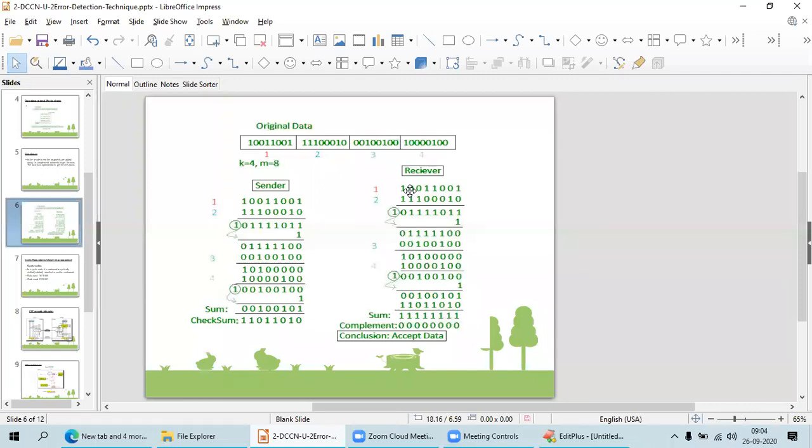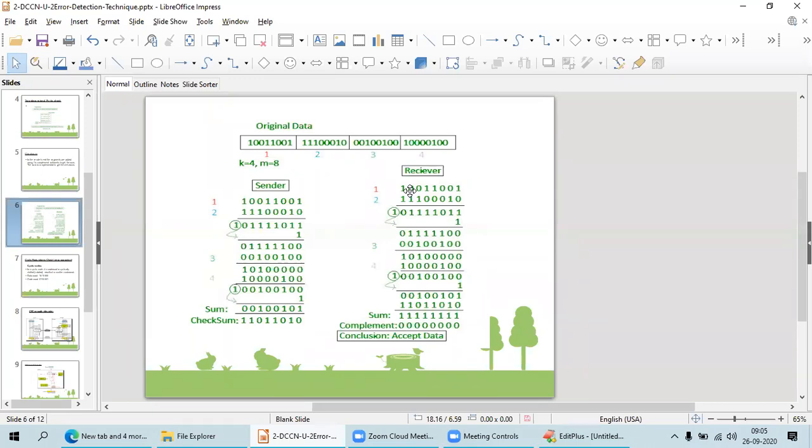Every time, you know the result: you do a mathematical computation on the information and you get a result. That result must come out on both sides, sender and receiver. If you get the same result on both sides, then the data is transmitted properly, with no problem.